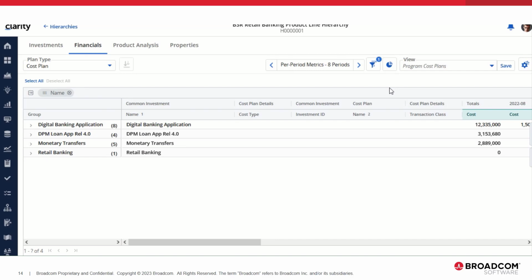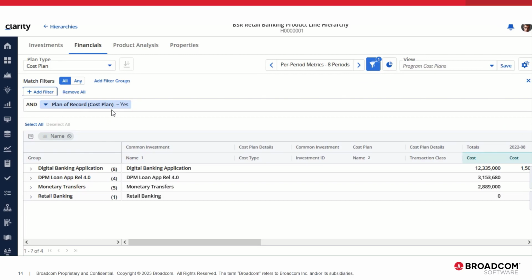I am on the 16.1.1 Clarity system and in standard hierarchy financials cost plan details list view. As we can see, there is a default filter getting displayed on the screen. The same filter was also applied in the same financials list view in 16.1.0, but we were not displaying it